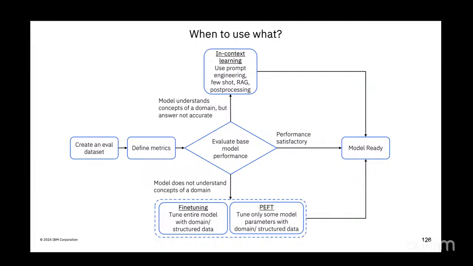It could happen that the model doesn't understand the task you're doing. The model was not trained on the task, and it has absolutely no semantic understanding of it. In that case, you have to retrain the model. You have to generate examples of the task you want to do, and then fine tune the model. Then you see whether your performance is satisfactory, and if it is, you can go and use the model.